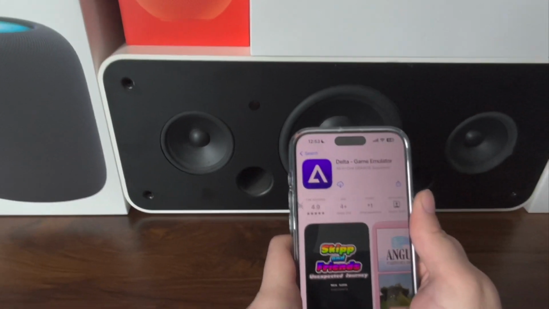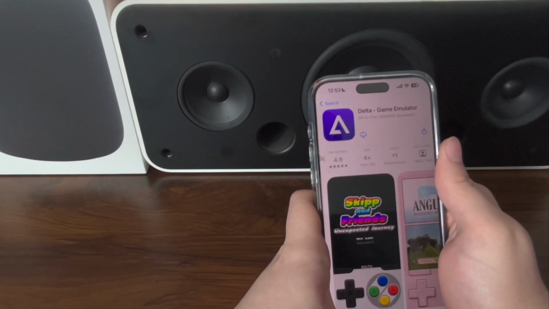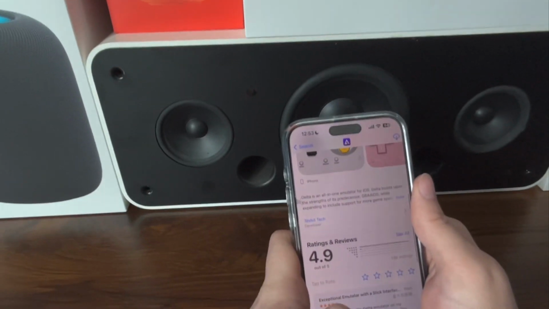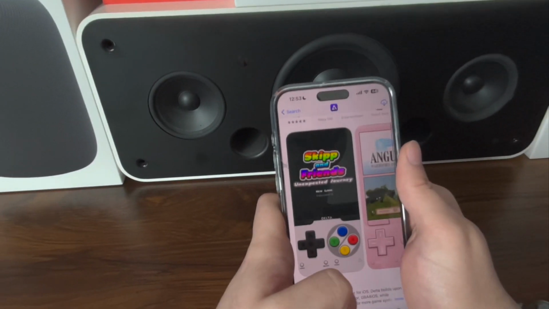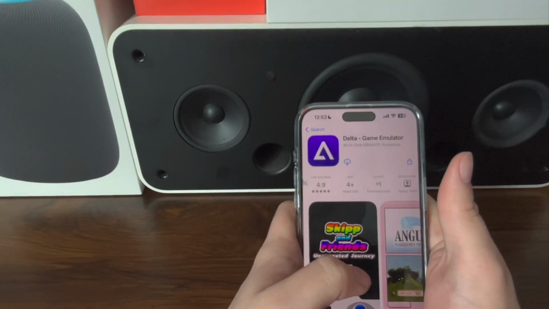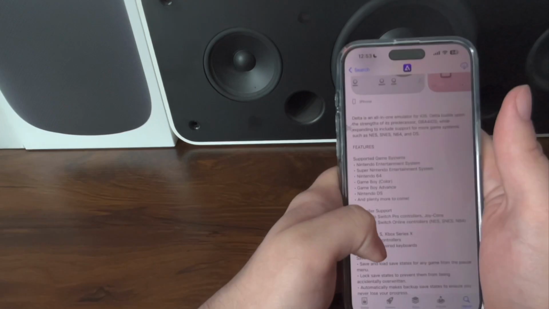Alright guys, today I'm going to show you how to download and install the Delta Game Emulator app that is now available on the App Store without a jailbreak or sideloading the app. Now, as you can see right here, we have the Delta Game Emulator, and if we go down,